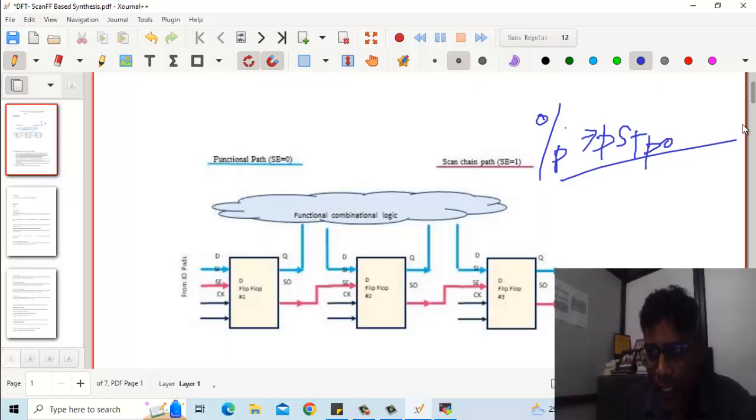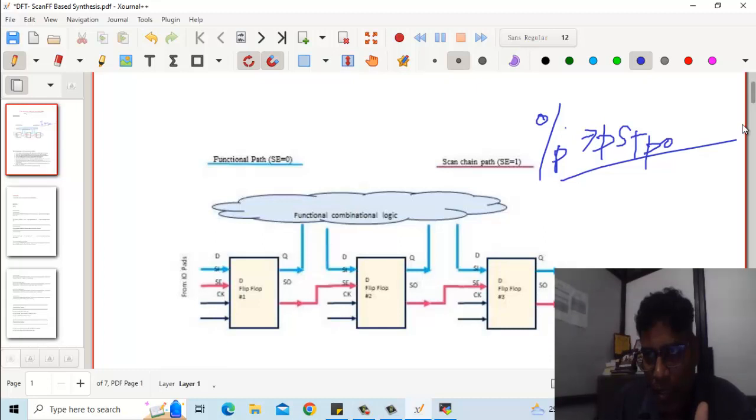So I may not be able to say what my next state will be unless I know the previous output state,